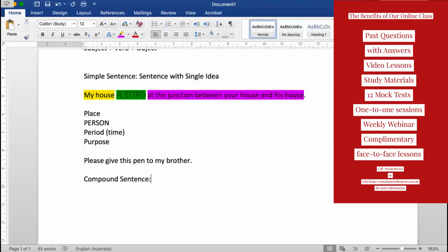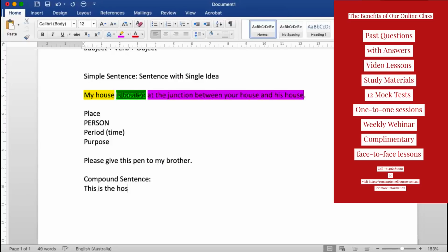So what is a compound sentence? The idea of a compound sentence can be simple as well, and sometimes it can be complex too. So compound sentence, again, is not related to the complexity of the sentence. It's just related to a simple idea. That is, if one sentence has two ideas and both the ideas are independent, then we call that a compound sentence. For example,